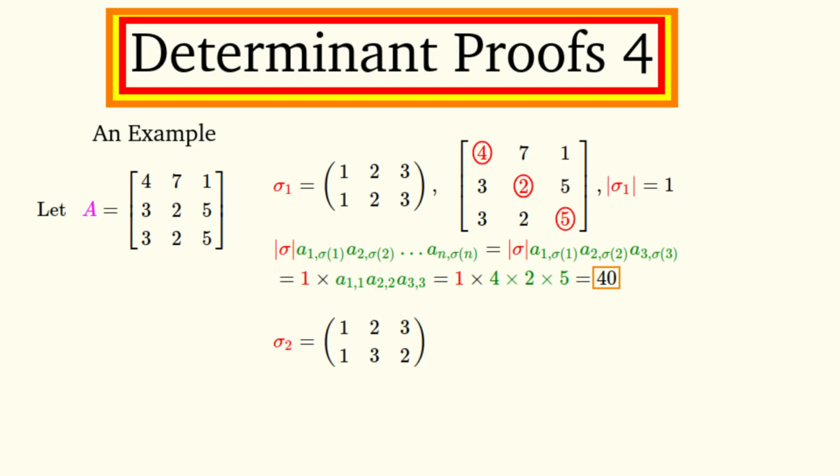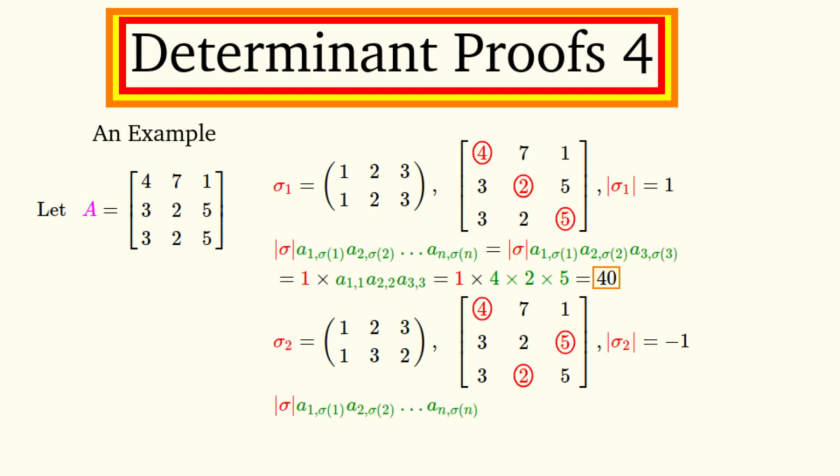This permutation is a transposition. And these entries in the matrix correspond to this permutation. And the parity of this permutation is -1, because it's a transposition or single swap permutation. So now to calculate this part of the sum for this permutation. There are only 3 rows in this matrix, so we can simplify this expression like this, with only 3 variables